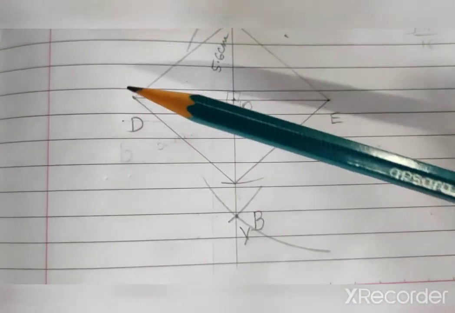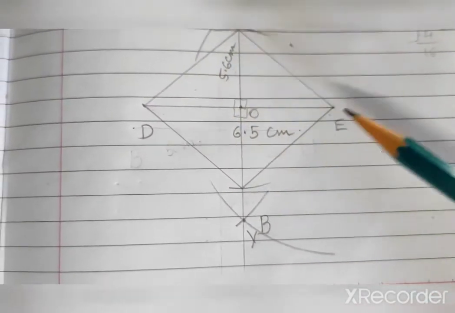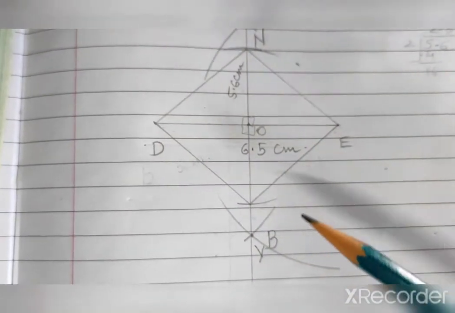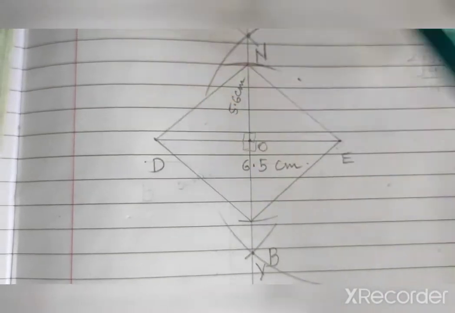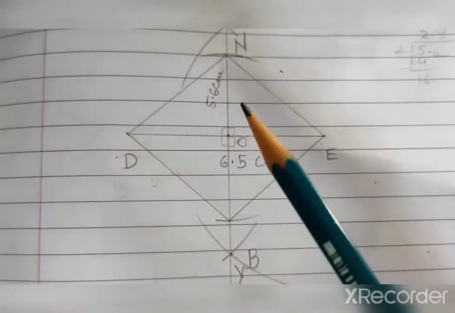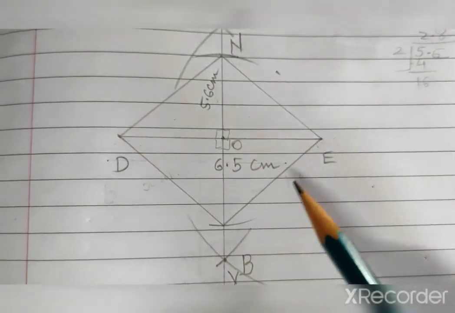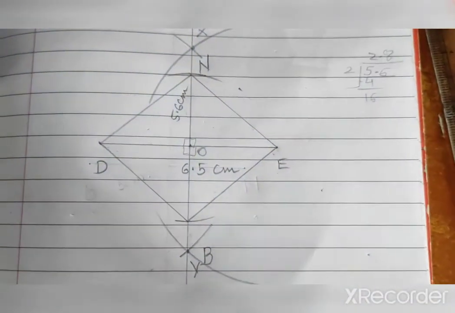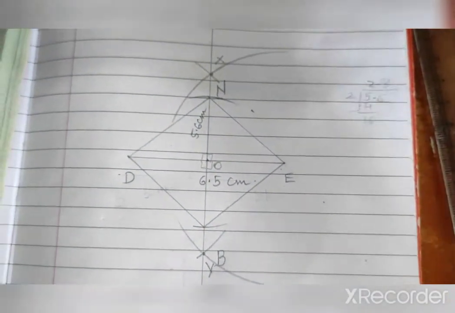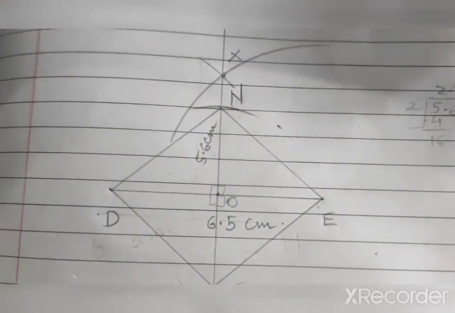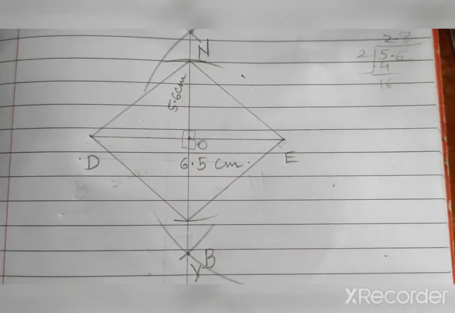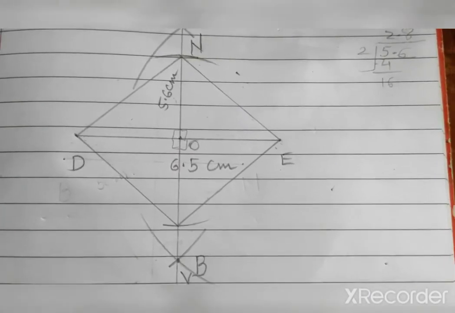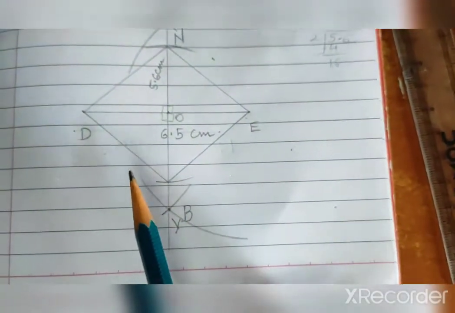Then what we will do, we will join this point, D to B, B to E. So B to E, E to N, N to D, and D to B. So BEND, this rhombus we will get where all the sides are equal. So by using the property of the diagonals, because we know that, you have to write in your notebook before the steps of construction, we know that the diagonals of a rhombus bisect each other at right angle.